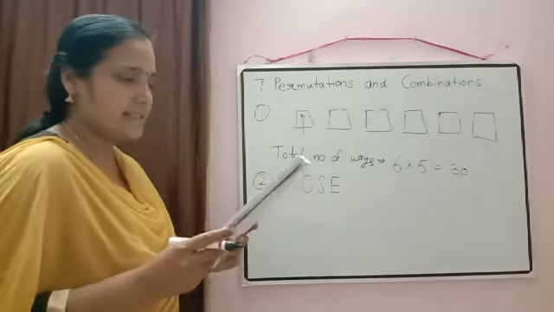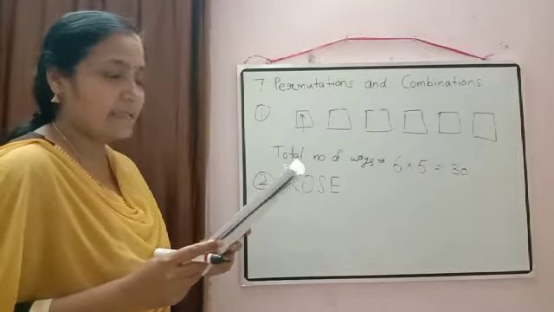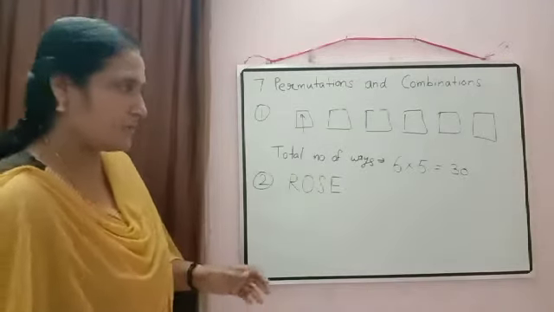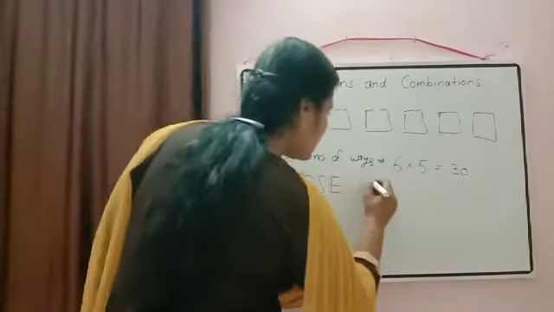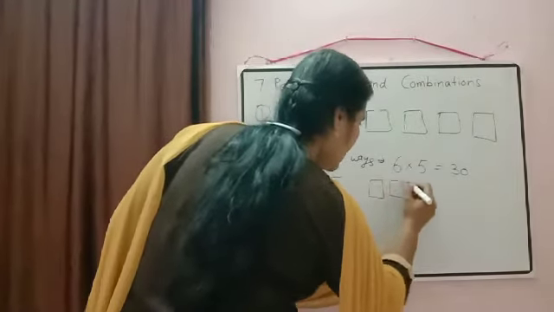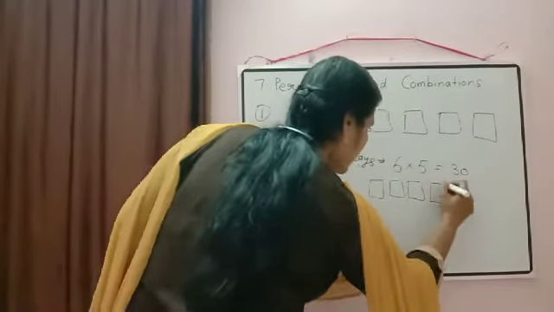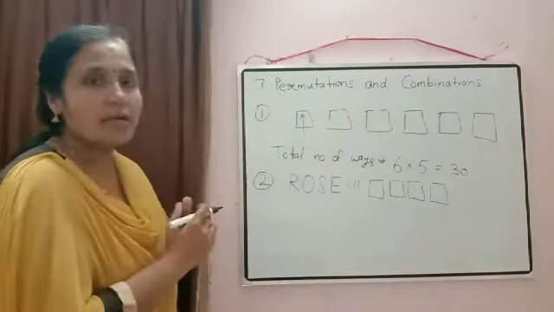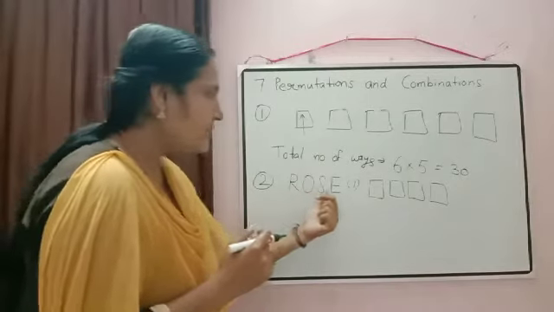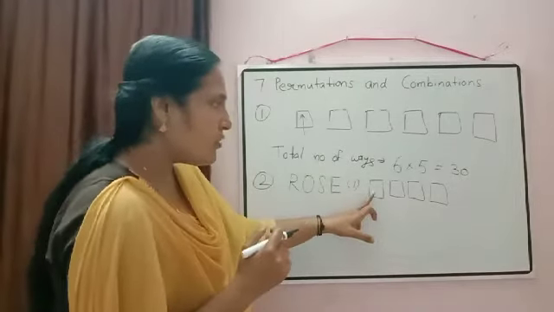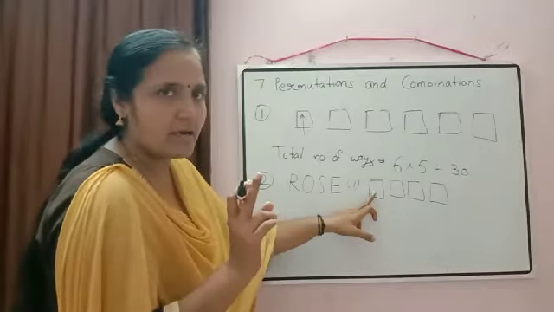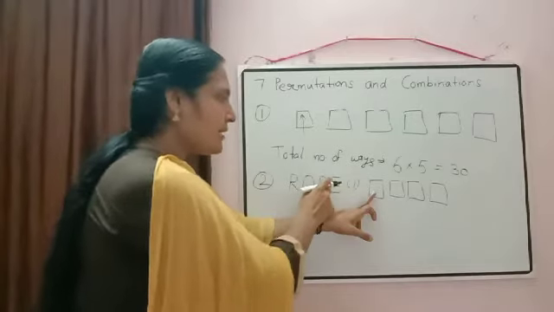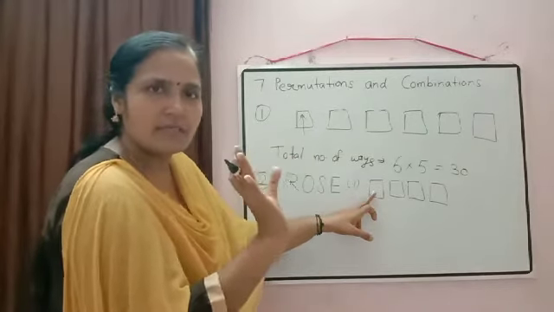And now first case is there. Repetition of letters is not allowed there. And we have to frame a 4-letter word only. So from the letters of the word rose, we are making a 4-letter word there. So first case I am dealing with, repetition is not allowed there. So out of these 4 letters, how many options are available with the first one there? How many options? Either R can come, or O can come, or S can come, or E can come. So 4 options are available.